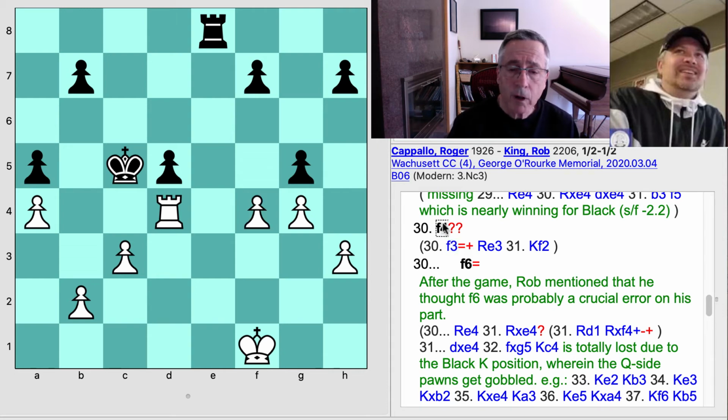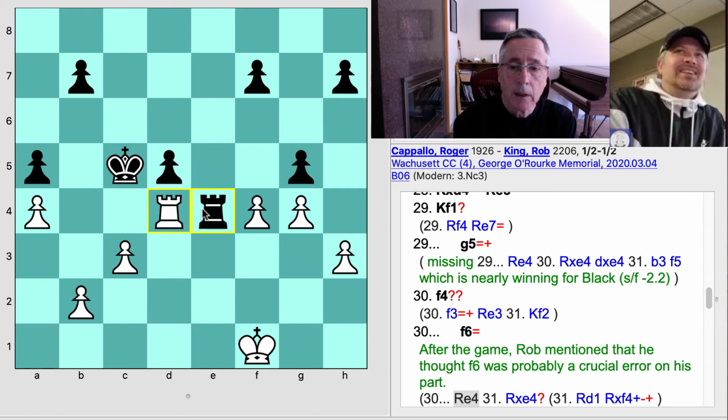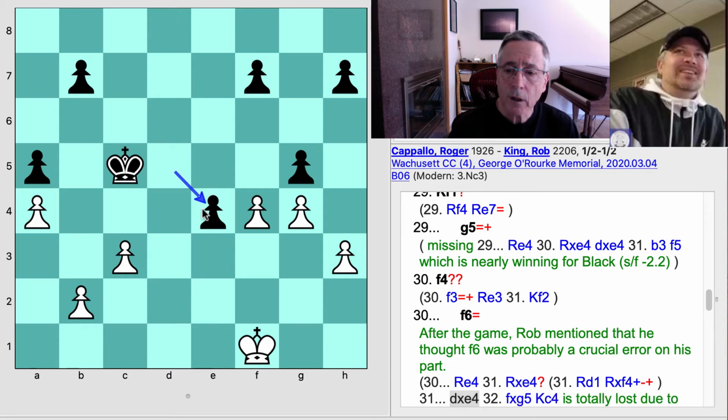Instead, I played f4. And now he has basically a winning move, but he didn't play it. So what he did play was f6. Instead, what he should have played in this position is the same idea as in the previous move, was to play the rook down to e4 immediately. And now I've got a bit of a problem, because if I go ahead and take the rook on e4, like so, then